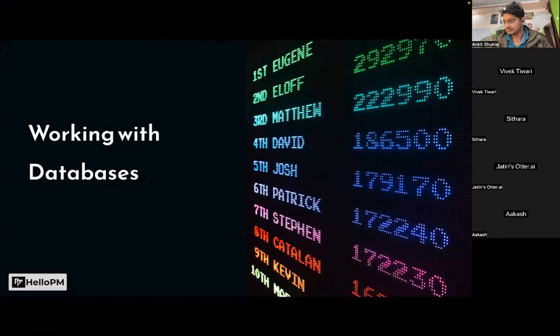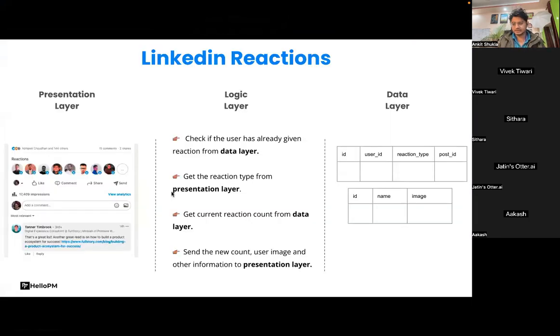So yes, welcome to the session. Today we are going to extend our discussion on databases. In the last session, which was I think conducted on Friday, we talked about multiple things. We talked about what databases are, how they have importance in your technology stacks, and we also talked about